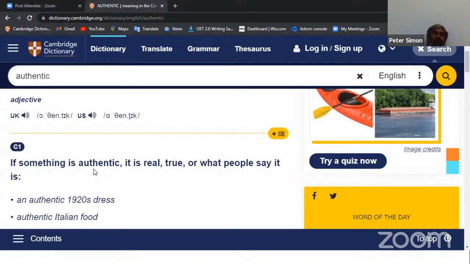Now I told you C1 vocabulary. What is C1 vocabulary? Do you know? It is given before the word. C1 means upper intermediate level of English. If you don't know this, that means you will not get B+. A B+ candidate in OET will know this meaning.